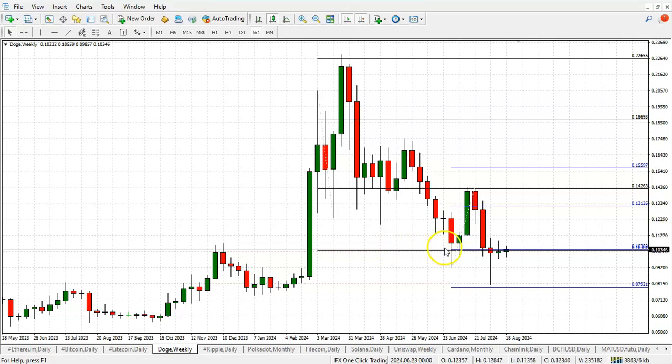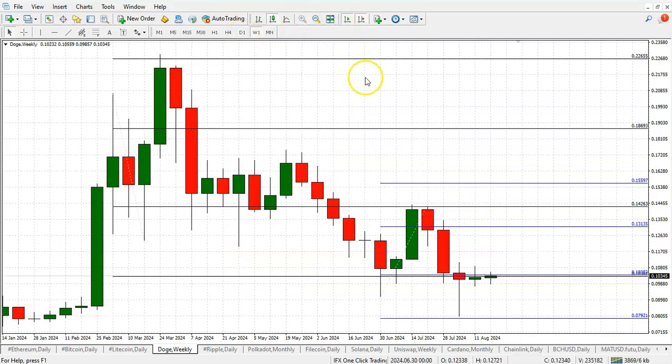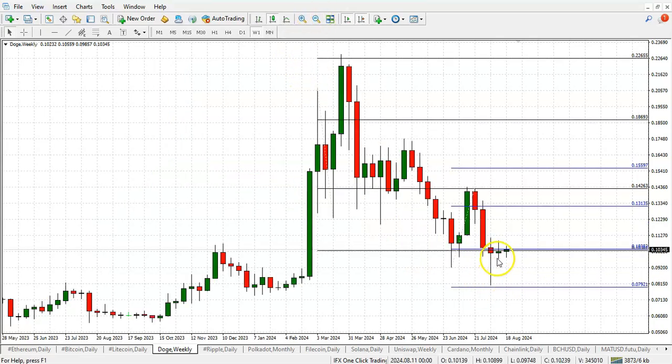We have a solid, very strong support level coming in at 1038 roughly, right? And you can see the effect it has on price action. Price action was actually successful cracking below it a couple of weeks ago, but I believe that's a fake breakdown. We saw the pullback, and you can see price action still remaining below, even last week, kind of spiking it, but still closing the weekly bar slightly below. This week is going to be an attempt to crack that level back above and cross over